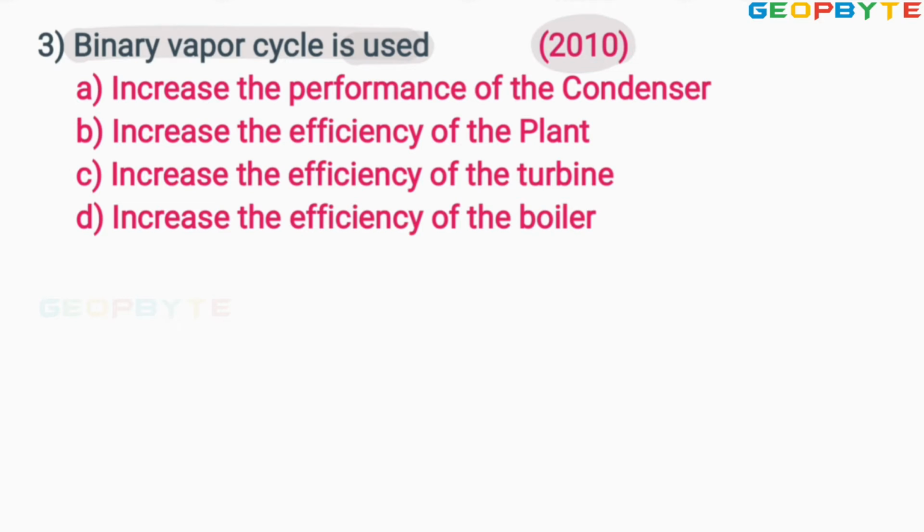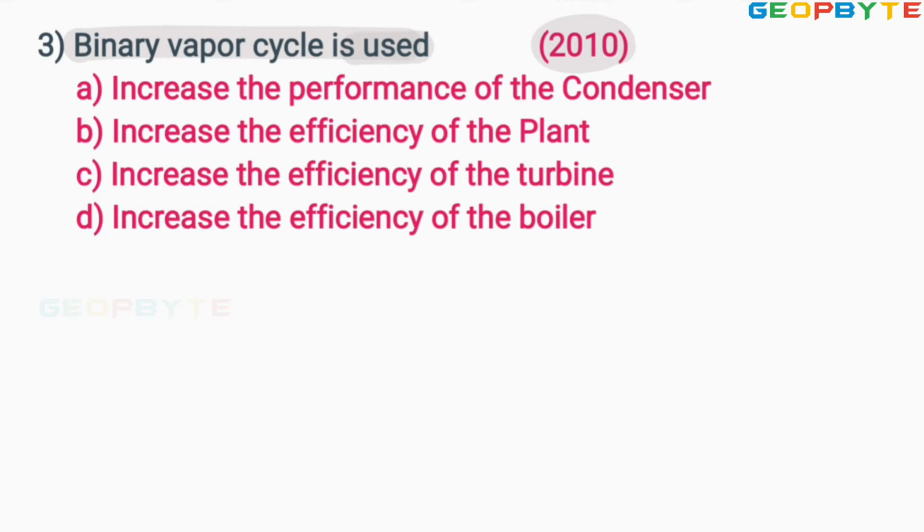Whatever heat is rejected in the condenser of the mercury power plant will be taken by the water in the steam power plant. Anyhow, for recovering the heat energy dumped by the mercury cycle, the binary vapor cycle comes into picture. Since the heat recovery rate is more in binary vapor cycle, it always maintains better performance. Anyhow, remember that much in-depth information is not required at the diploma level.